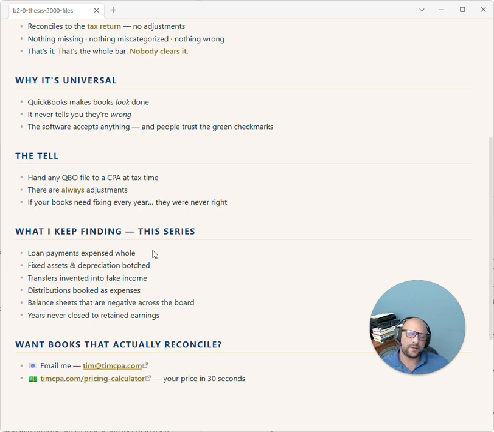I lost a client recently because I was doing their QuickBooks. They insisted that I do their QuickBooks, and they came to me with every single one of their accounts on the balance sheet wrong. Every single checking account had the wrong amount on there. They had accounts on there that haven't existed in years. They had assets that didn't exist. They had loans that they really had in real life but weren't on the books. Their books were a disaster.